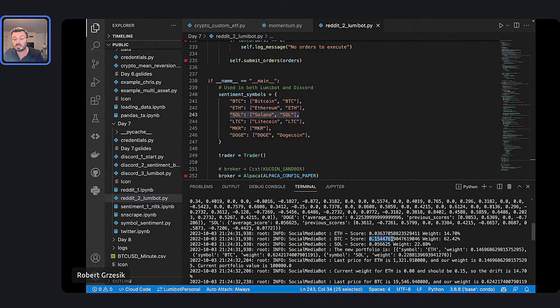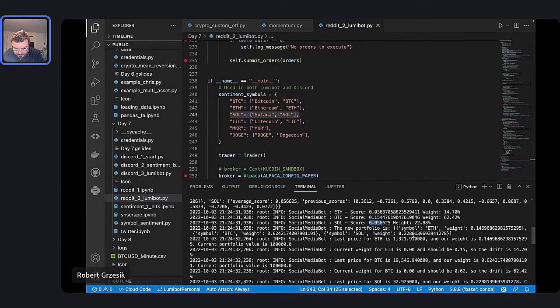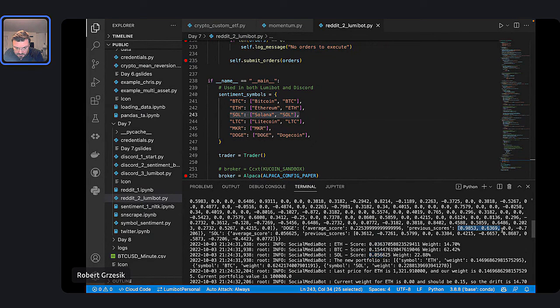Bitcoin got a really positive score, 0.15. That's much better than the other ones, right? Solana got a score of 0.05. And there we go. We didn't have enough mentions of Dogecoin to matter, right? It actually got a pretty good score, 0.22. The only thing is that it didn't get mentioned enough times. We kind of set it up that way. It needs to be mentioned, I think, more than 5 times or something like that to make a difference.